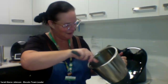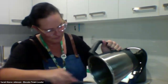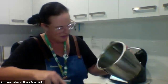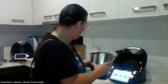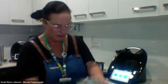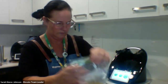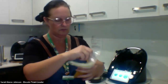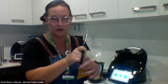Very, very tasty looking. I am just pouring out our beautiful warmed up apricot jam with our passion fruit pulp butter filling. Yet again, using the beautiful big smoothie tumbler with a snap box over the top. Just squeeze them out. This is easier to do while this is warm. And of course, using the good old scissors from the kitchen toolkit, which is one of the amazing host rewards